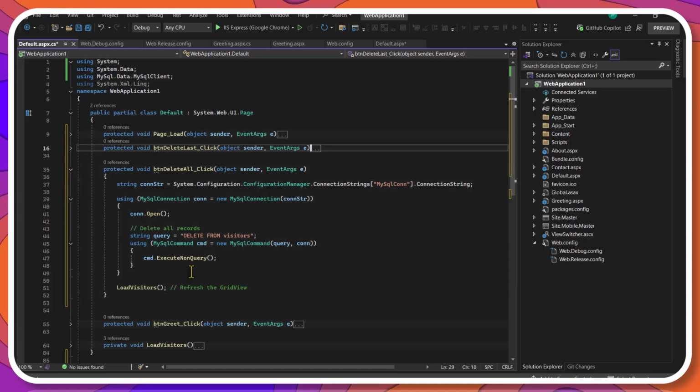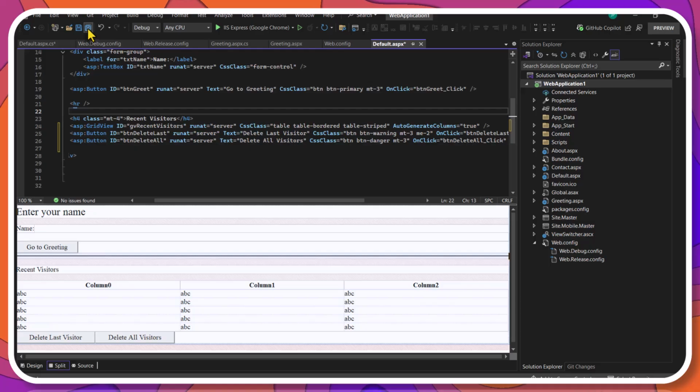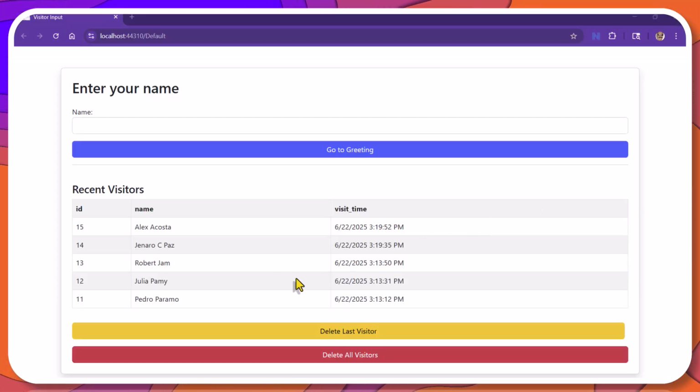And to Button delete all click. With the provided code. With these modifications, you can see the final version in action. Let's see it.